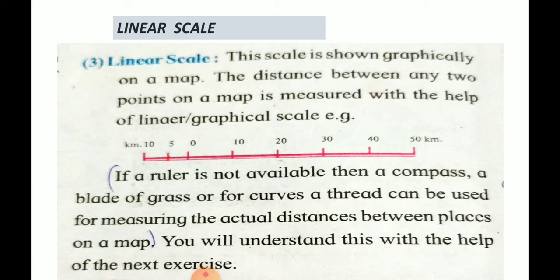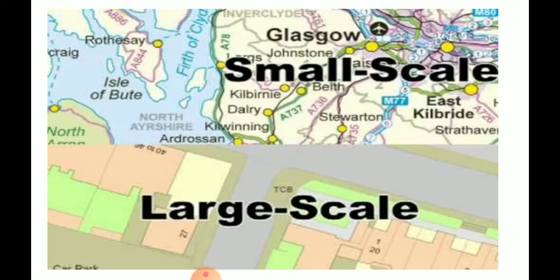You will understand this with the help of some exercises shown in your textbook. You can conduct the exercise on page number 63. You have to solve this exercise and find the distance between these two photos. Please refer to that exercise and write down the distance and what scale you have used. Here they have given the distance between the statue and the entrance gate as 0.5 kilometer. So you have to measure the distance. Solve this activity on page number 63.